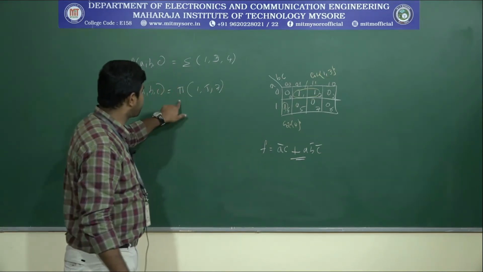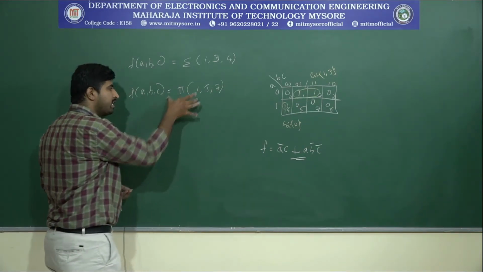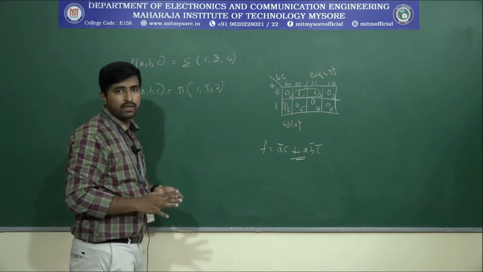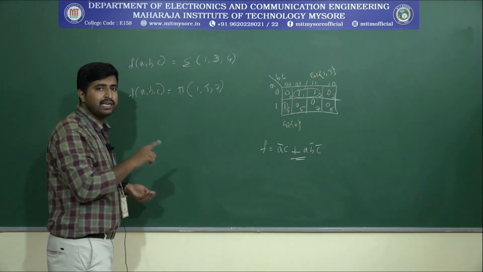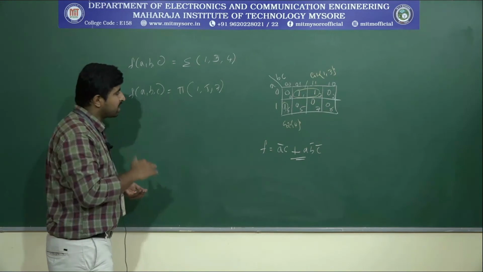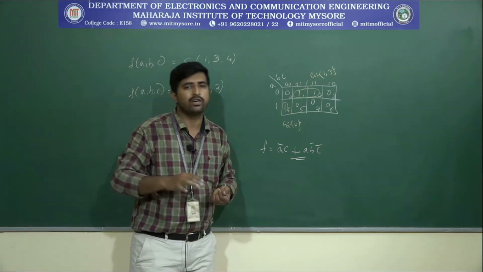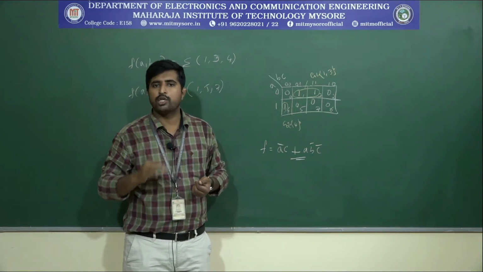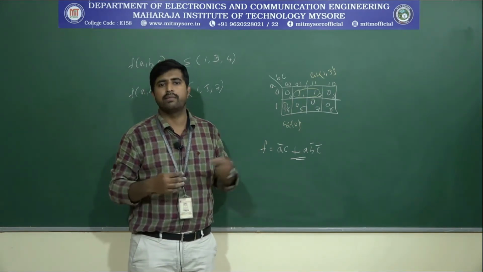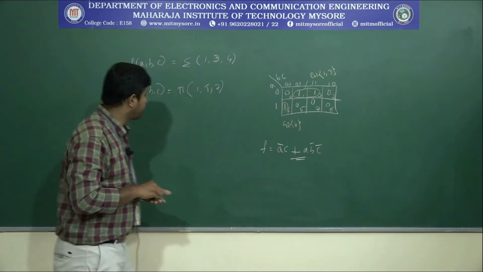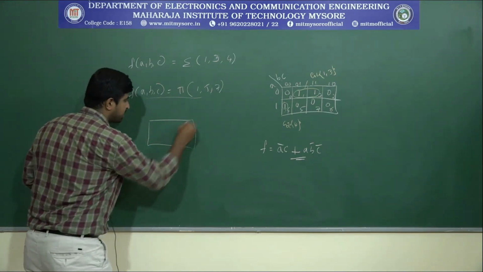Similarly, let's see one more example, which is the product of maxterms. Here we have a pi. Assuming the output needed is the POS expression, that means we need to group the logic zeros. As I already said, we need to group the logic zeros. Let's see how to group logic zeros. The grouping concept is the same whether grouping logic ones or logic zeros. We group logic ones to get a minimal SOP expression. We group logic zeros to get a minimal POS expression. That's it. For this expression, the K-map is again 3 variables, so 8 cells will be there.